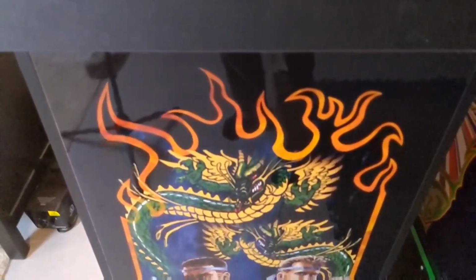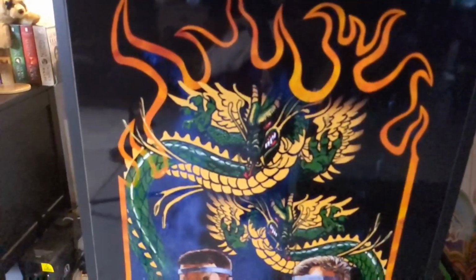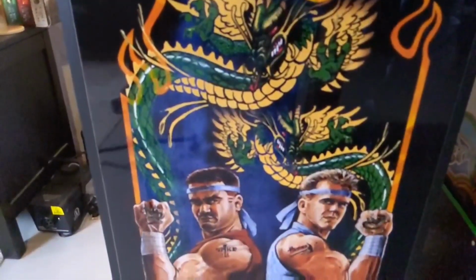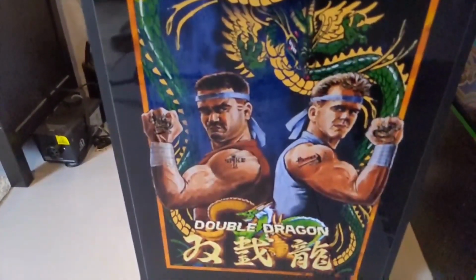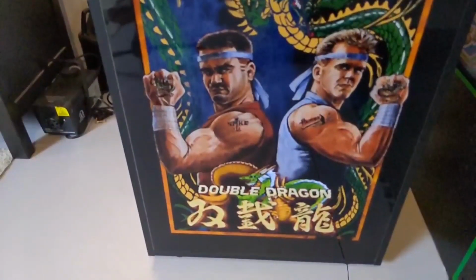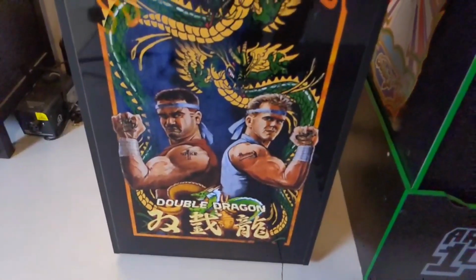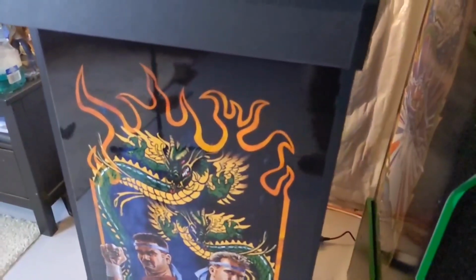It's just a really, really nice, sexy looking cabinet. I keep using that word sexy because it's just this piano black finish, so you can see the reflections on it, but those graphics just really pop. Those colors, those dragons, everything looks absolutely beautiful on the cabinet. So from that standpoint, it's definitely a cabinet that you should consider if you want something to be a showpiece in your arcade. It's definitely going to be a talking point. It's definitely going to draw people's attention to it. It's definitely a unique cabinet in its design, in its functionality,